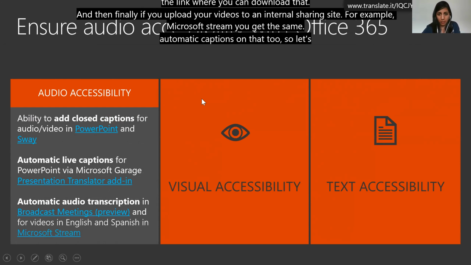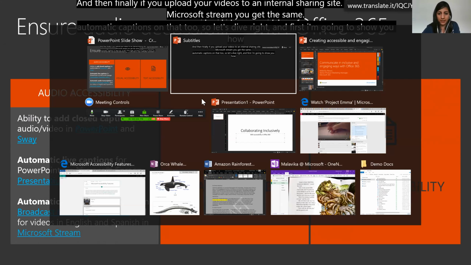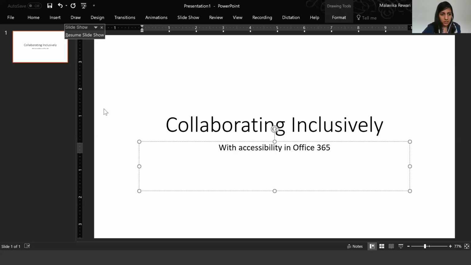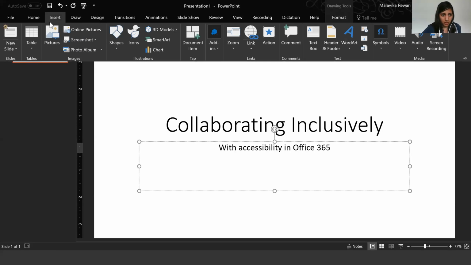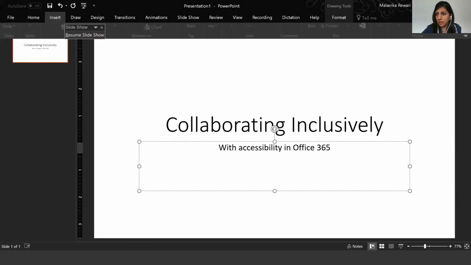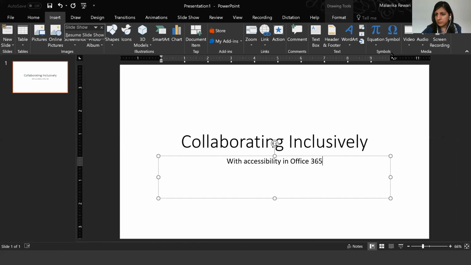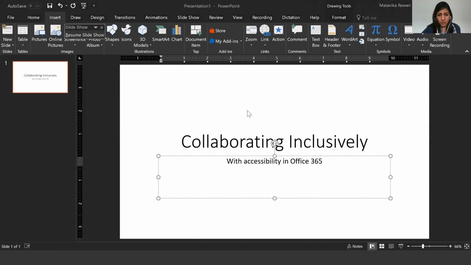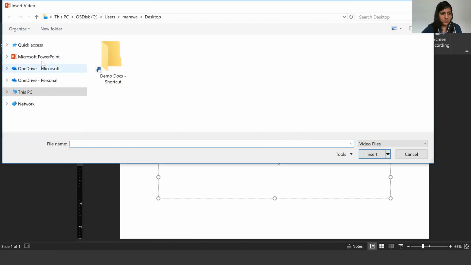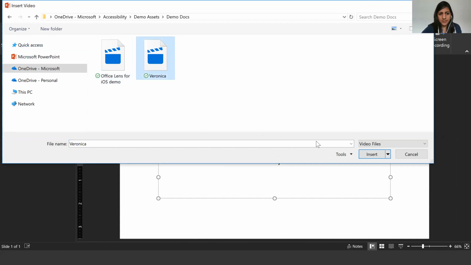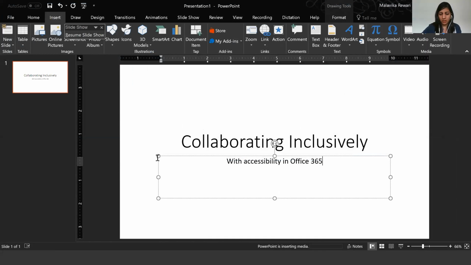First, I'm going to show you how you can insert a video in PowerPoint and add captions. So here's, for example, a video I'm going to insert in this slide. I'm going to insert video. Just move this so I'm not blocking my screen. I'm going to insert a video from my PC. And then let's insert Veronica's story.